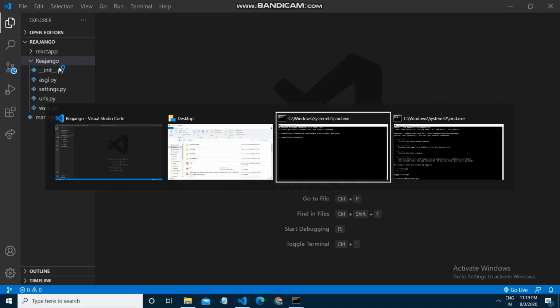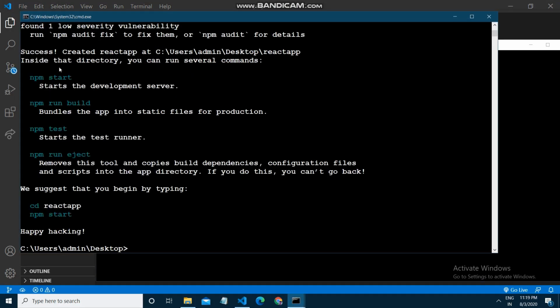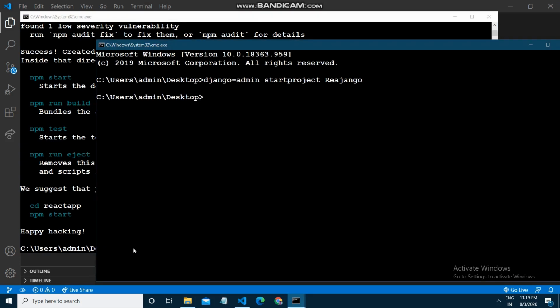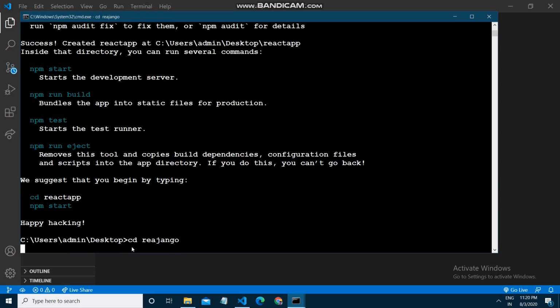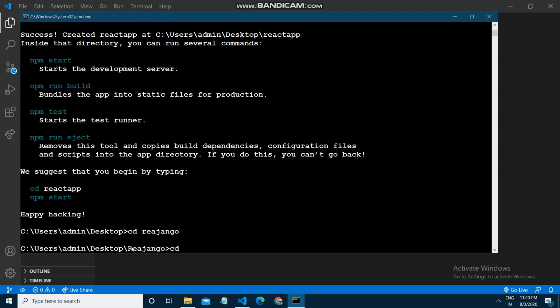In the CMD here I will go into that React app. So I need to type cd ReDjango and then react-app.